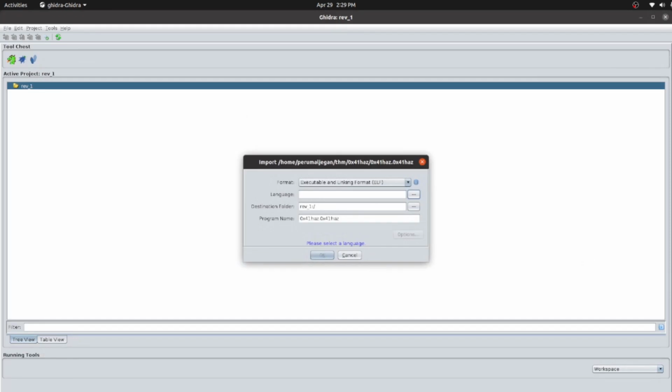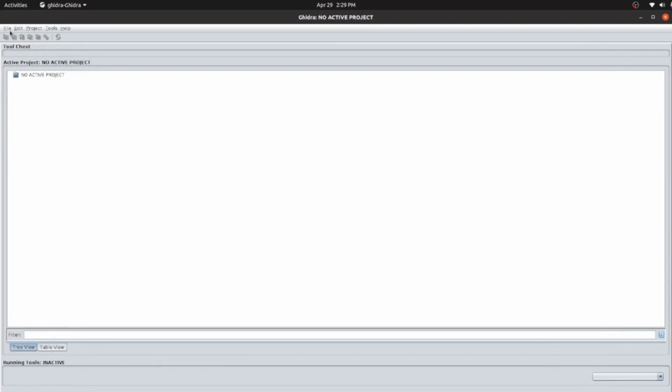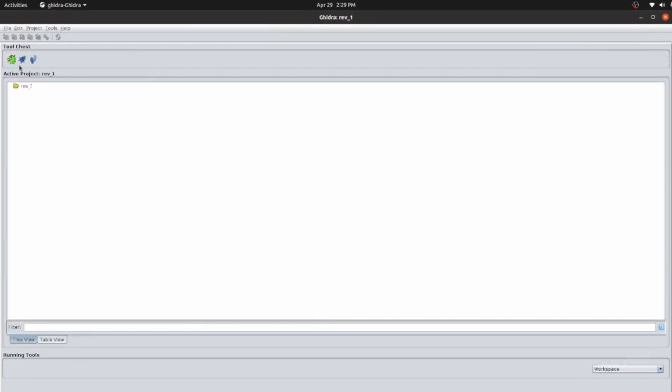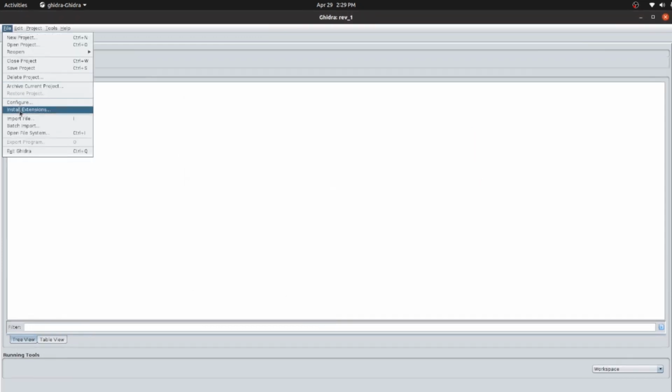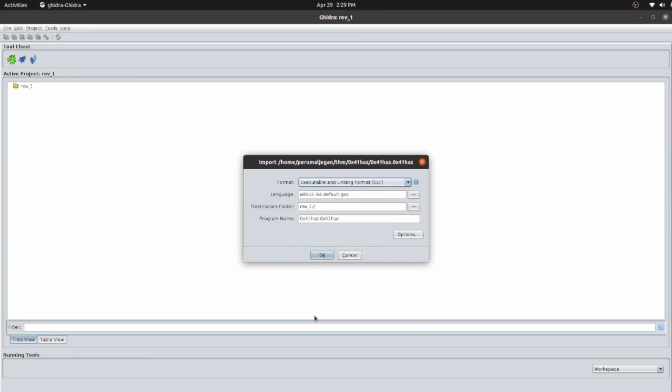It says I'm already running a project. Yeah, I'm already running, so let me close this project. All right. Now I'm trying to import this file, and this is the binary. Now I can see